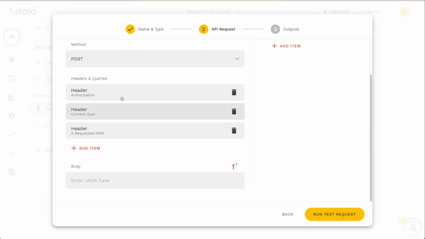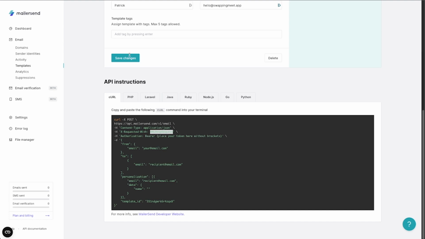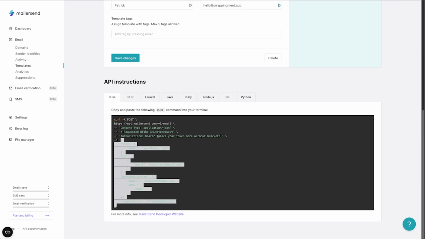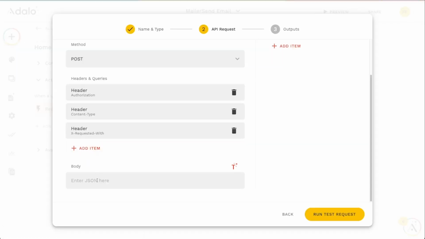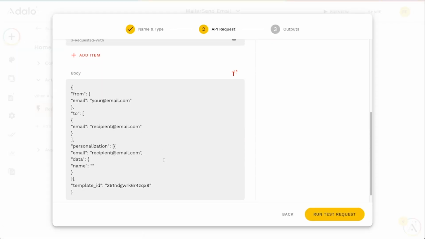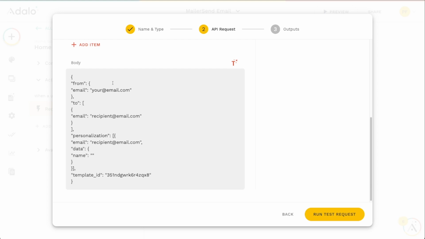All right, so we've got our headers in there. And the last thing that we need to do is just copy the JSON body here. And I'm just copying just the brackets, so I'm leaving out the little quotes, the little apostrophes that are there. All right. So I'll just copy this. We will paste the JSON body in here, and now we can go in and we can actually change some